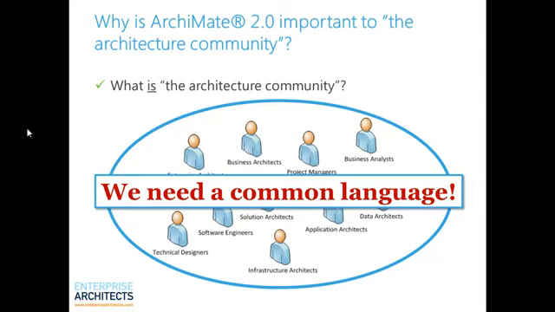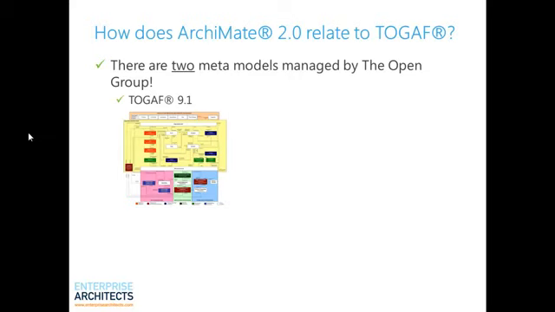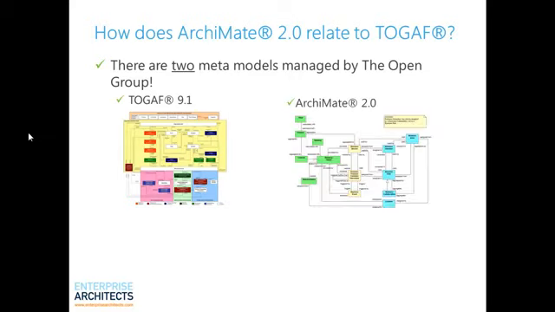How does Archimate 2.0 relate to TOGAF? Interestingly, now the Open Group has two meta models, not just one, but two. You get the TOGAF 9.1 architecture content meta model, and these really intelligent people in Northern Europe came up with Archimate, a graphical modeling language for enterprise architecture, and they eventually went to the Open Group and said, how would you guys like to manage this? And we'll participate in the Archimate forum in the Open Group. And the Open Group said, sounds like a great idea.